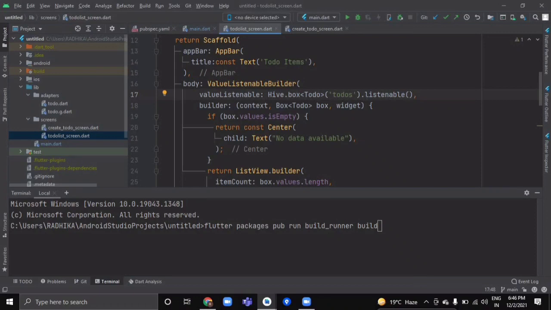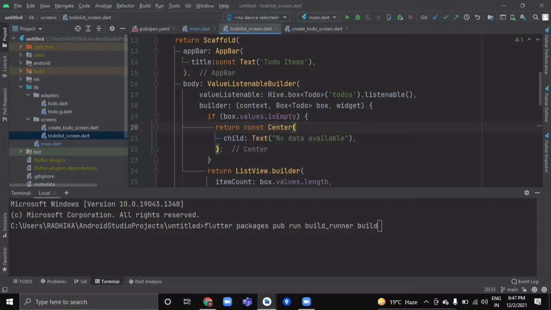Now it has a builder attribute as well, and this builder contains 3 parameters. First is context, second is a Box of Todo objects, and third is a widget. This box contains our rows inside our table of todos.